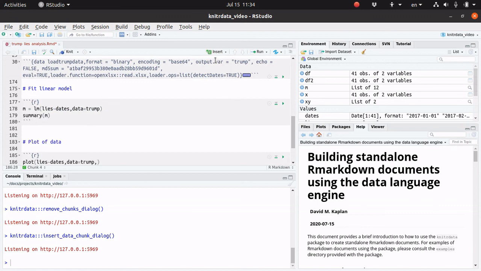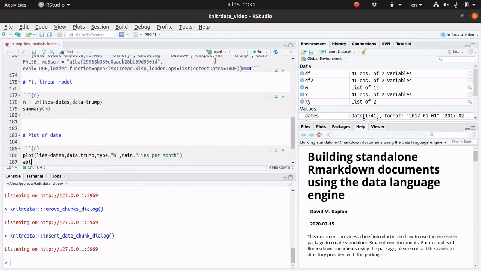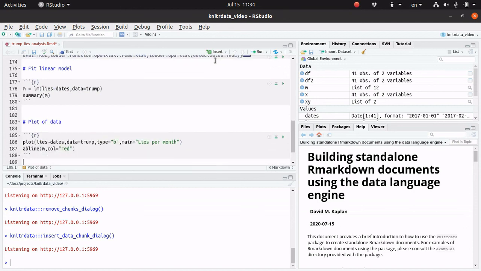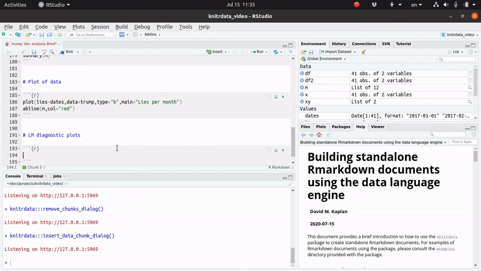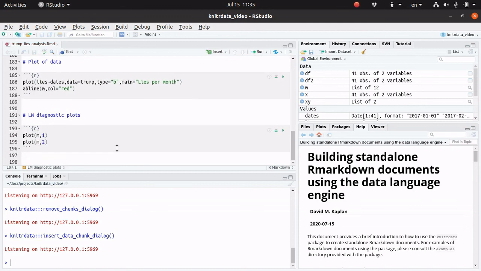And let's do just some formatting stuff. Okay, we can add the regression line to the plot. Okay, we did a linear model, maybe we should do some diagnostic plots. So we can just do plot m,1 and plot m,2. Okay, so now we have our